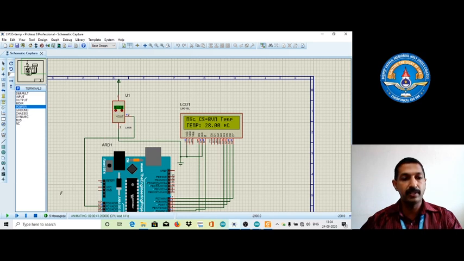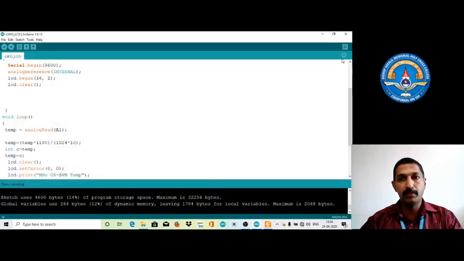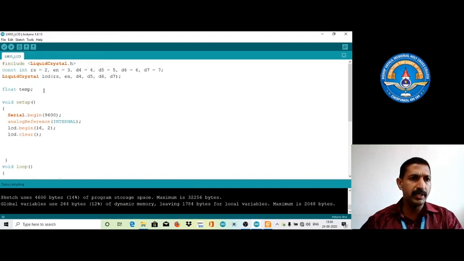So this is the way we need to connect. Again, I am explaining the settings and connections. First, we connect our program with the LCD, then with the LM35 sensor. Now the code explained here: this part is for the liquid crystal display. As we already said, we include the LiquidCrystal.h header file. We define the constant integer variables RS, EN and D4, D5, D6, and D7, connected to the corresponding pins 2, 3, 4, 5, 6, and 7, as already done in our prototype simulation.